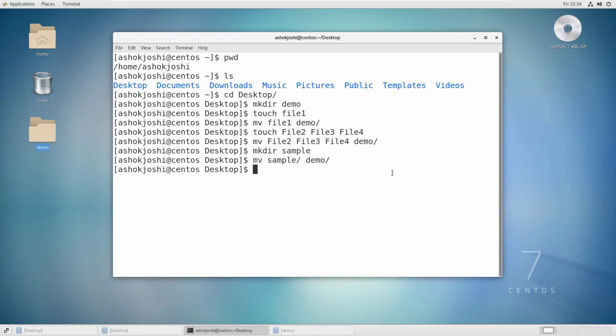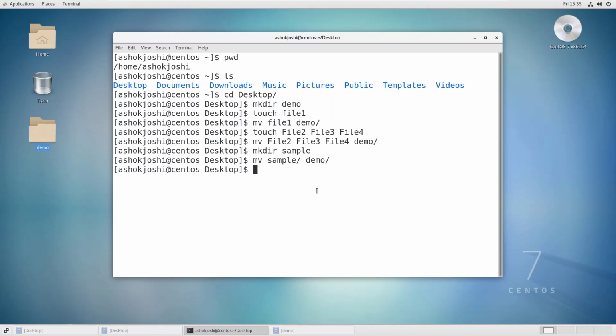What is pattern matching here? I will use an asterisk, which is a wildcard, and I will make a separate video on wildcards later. We will match all the files having the .pdf extension, and transfer them inside a particular directory, in this case the demo directory.